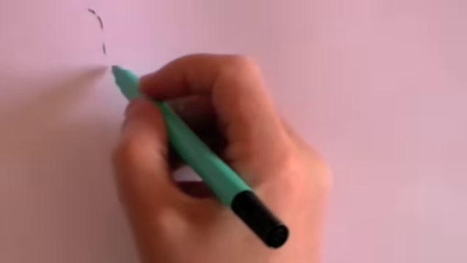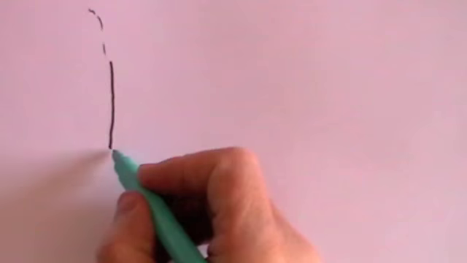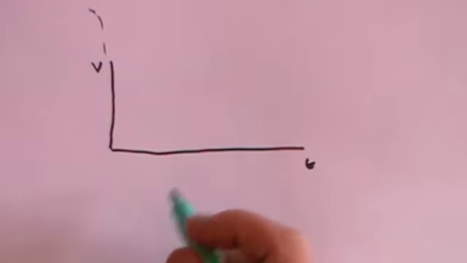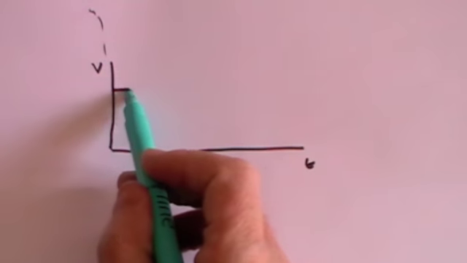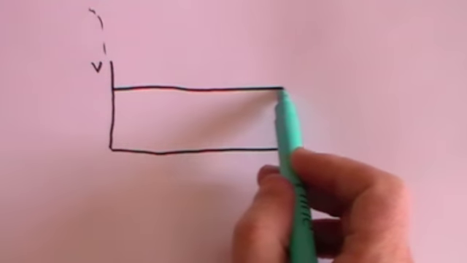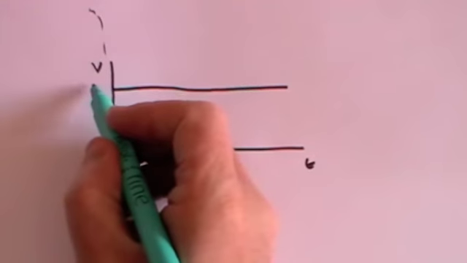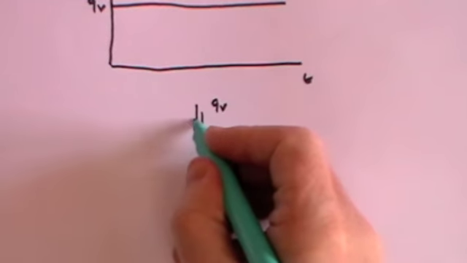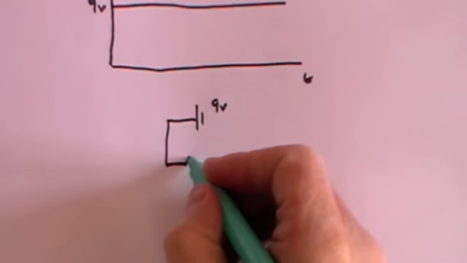Very simply, what that means is if we drew a graph of voltage against time, then you would expect that as you measure the voltage as time goes by, it would constantly stay at 9 volts. And if you were to put that battery in a circuit, here's the battery, the 9-volt battery, and we put that in a circuit with a resistance,